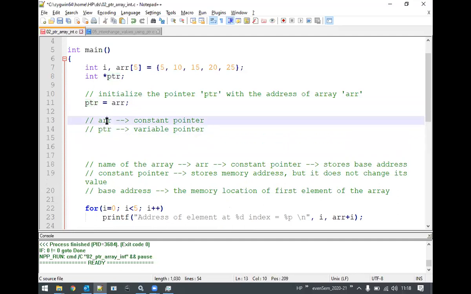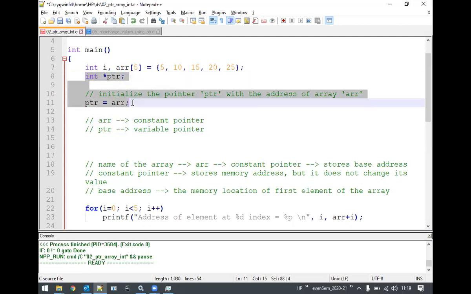The major difference is that the ARR value cannot be changed because it is a constant pointer, whereas the value of PTR can be changed because it is a normal variable. If you have understood these two lines, I will proceed further. If not, I can explain it once again.